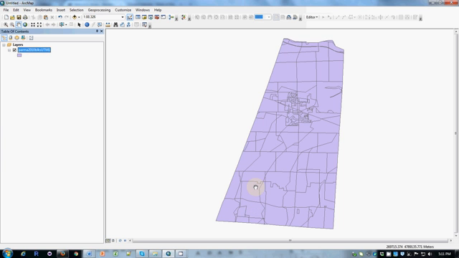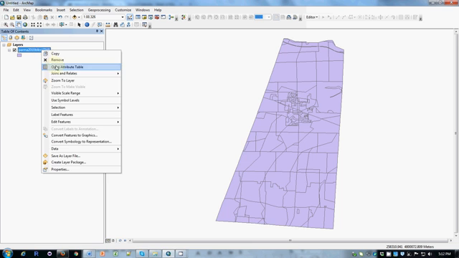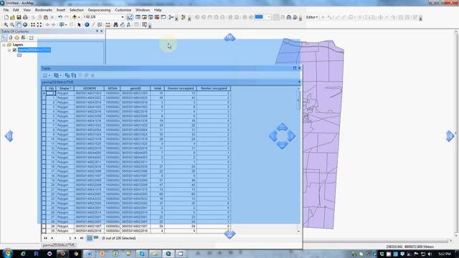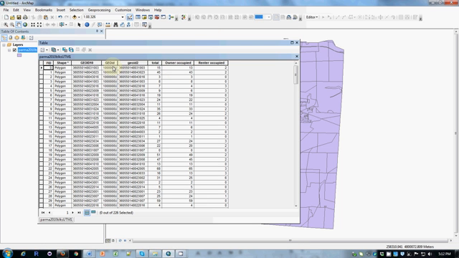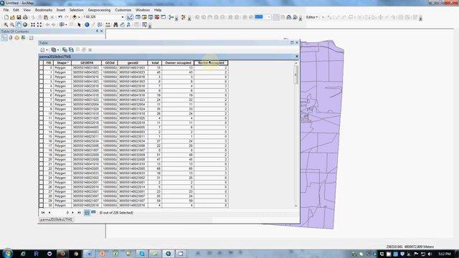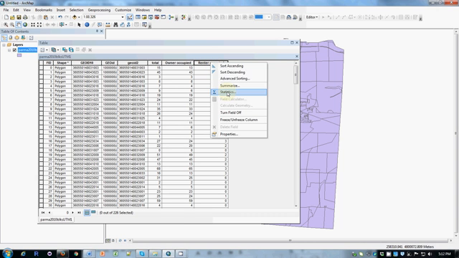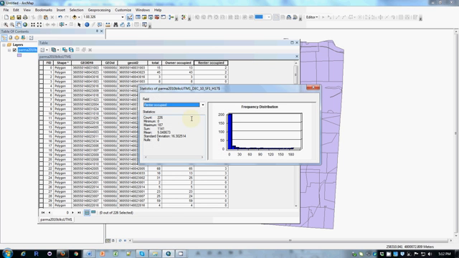And we say OK. And when we open up the attribute table, we now discover that all of the joins have been made, and it matched 31003 to 31003 from the spreadsheet to the attribute table of the shapefile, and here's all the information. If we want to find the total of anything, we can right-click on this column header and ask for statistics, and discover that there's